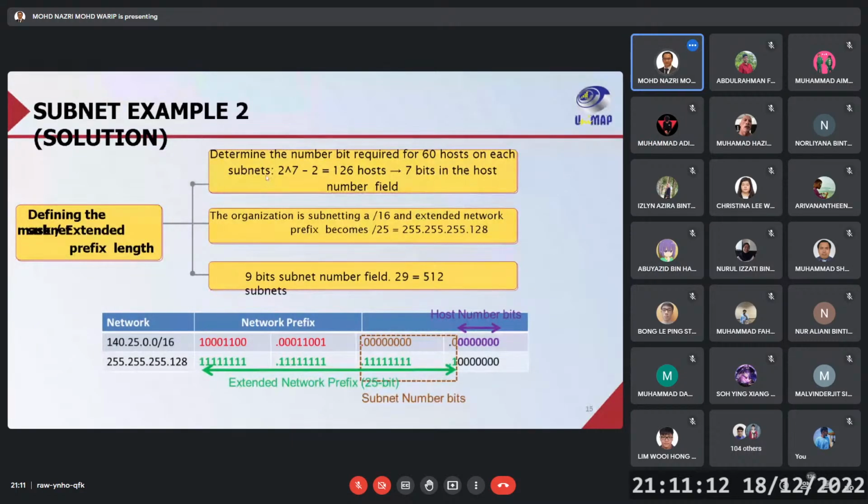Okay. Remember, 2 power 6, 64, is too small for future expansion. Even though they require 60 hosts, 4 hosts for future expansion is too small. However, let's say if you answer that, I will still give you marks. Let's say in the exam, you calculate and you find 2 power 6 is 64,